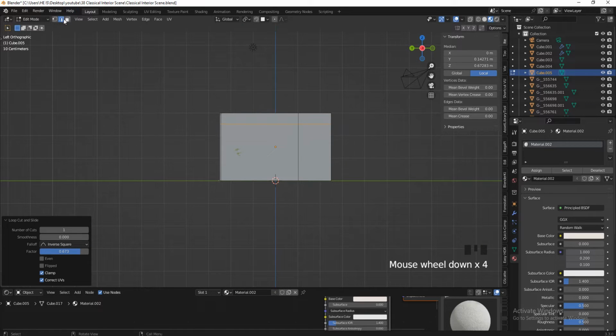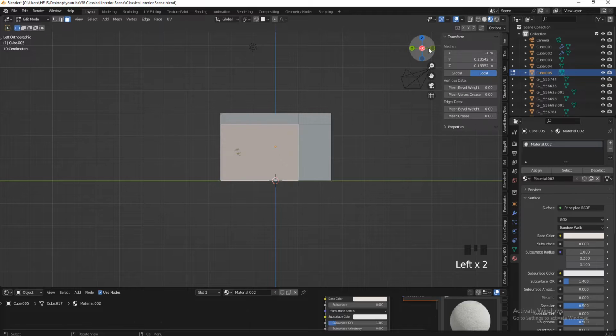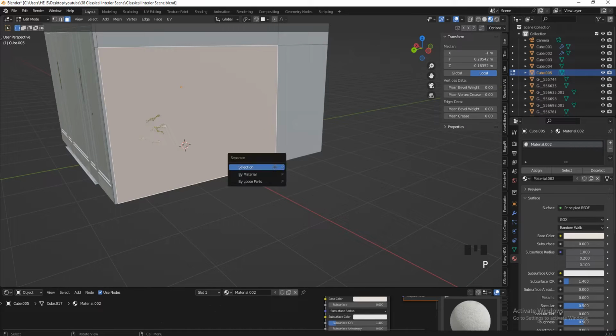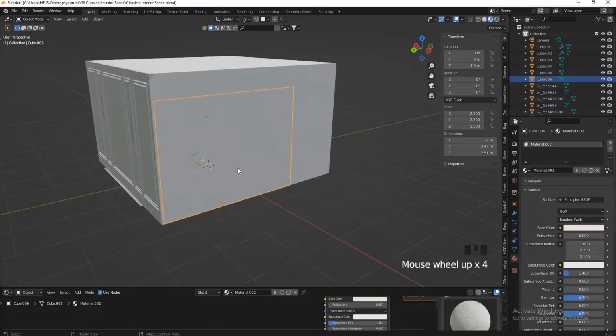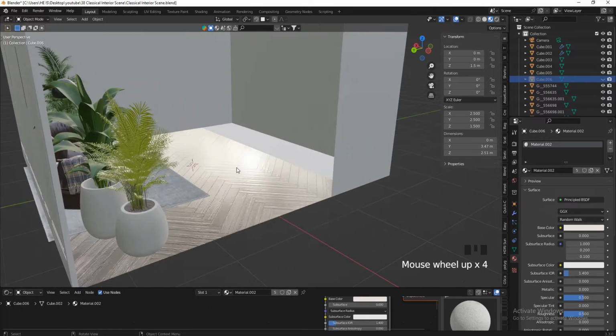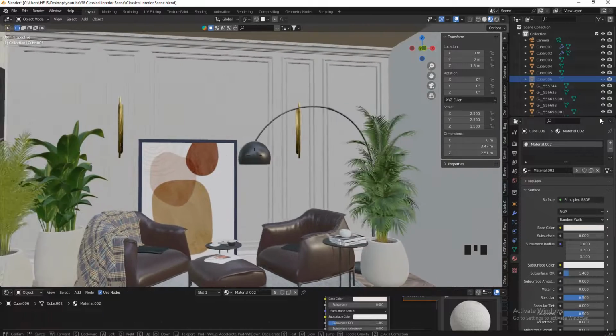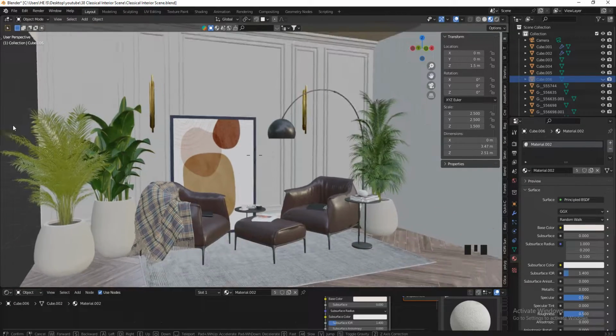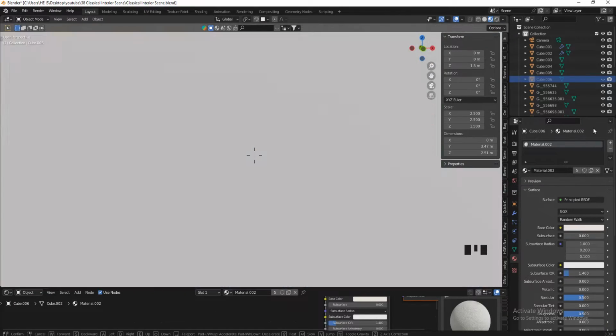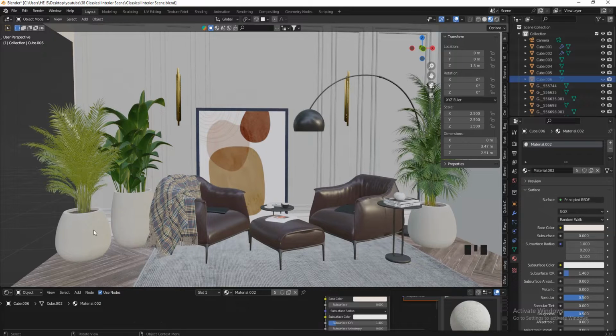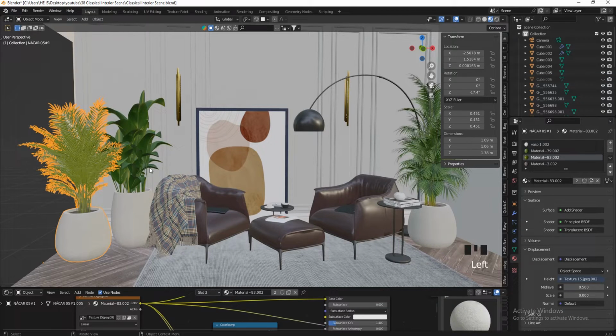After that, I'm going to go to face selection mode, select this face, press P and then selection. Now this is a different material. I can press H to hide it like this. So I think this is what it's looking like. I think that's looking good. So the light is going to come from here. I might have to do some kind of curtain right here, which I will do later after we have created the lighting. So to create the lighting,